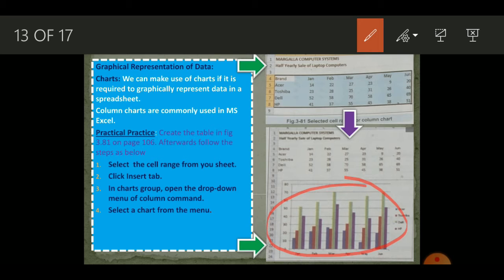Go to the insert tab and then select the charts group. From the charts group you can select the column command and different kinds of charts, pie charts and so on. Once you have done that, this chart will appear on your screen. You can click anywhere and drag it, moving it along with your data wherever you want it to be placed.